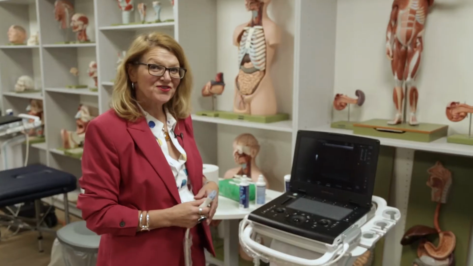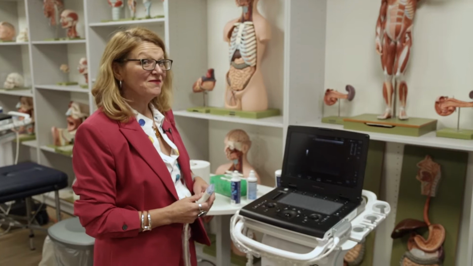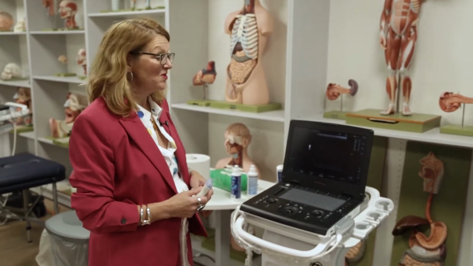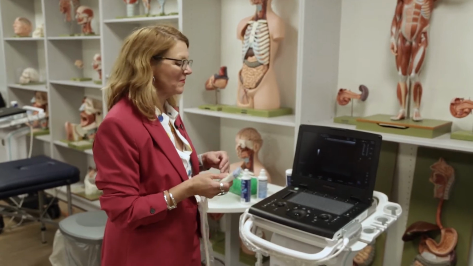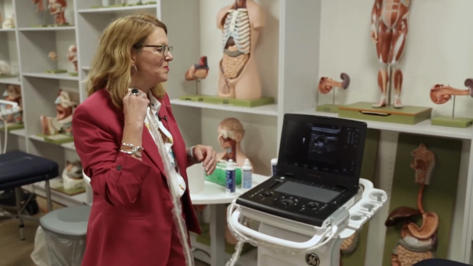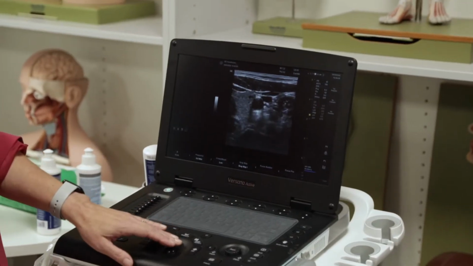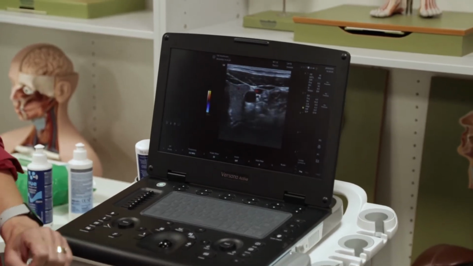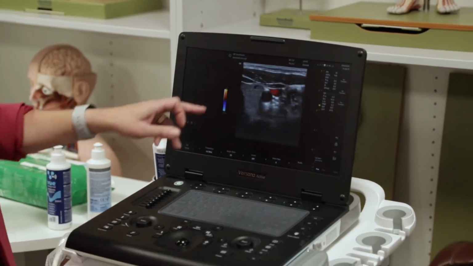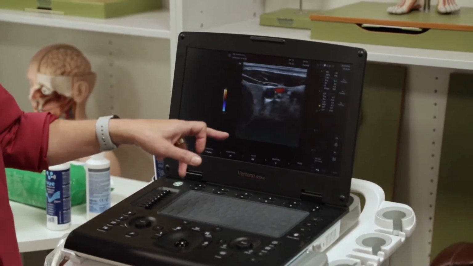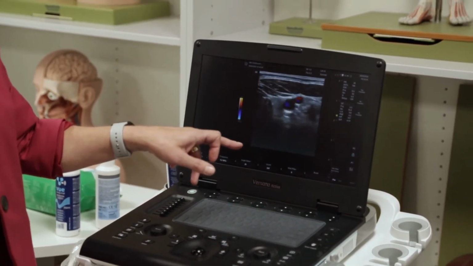This is one of our ultrasound machines. To give you a flavour of the kind of things that we use this equipment for, I'm just going to scan my neck using this ultrasound probe. So if you look on the screen here, you can see an image of the anatomy of my neck, and we can also use some technology of the ultrasound machine to highlight blood flow within the neck, so you can see my artery and vein here.